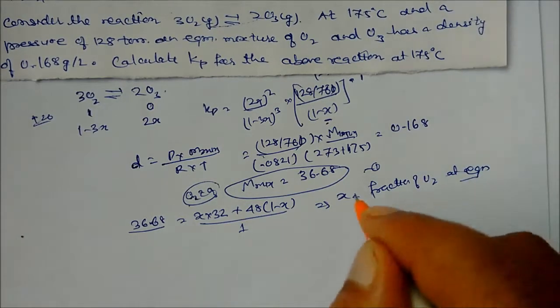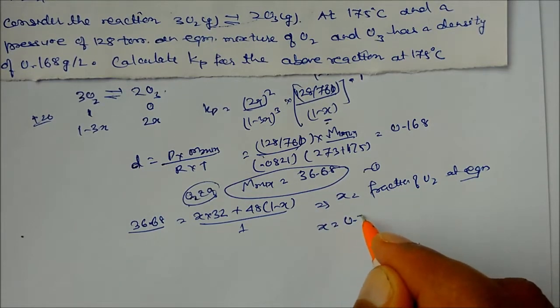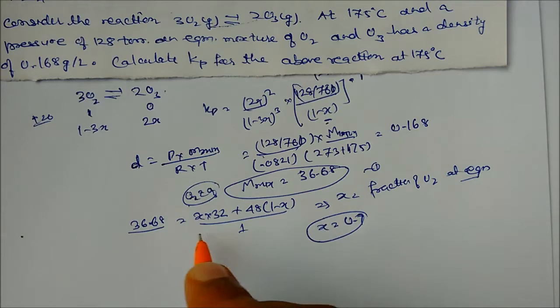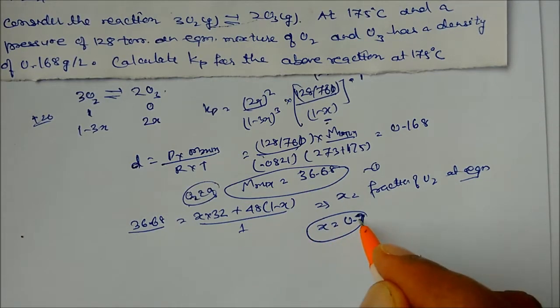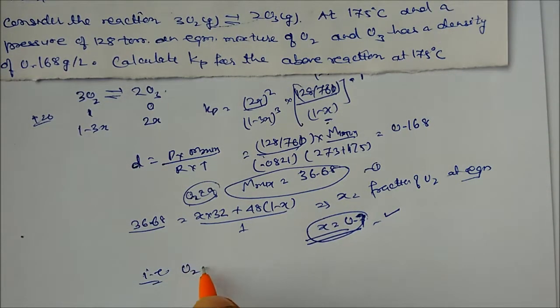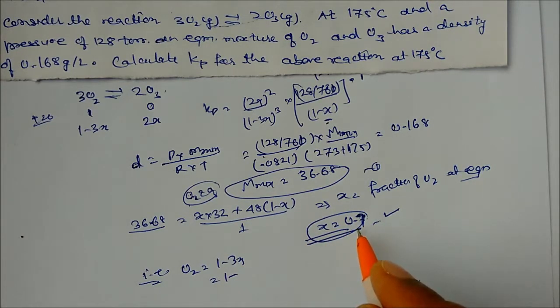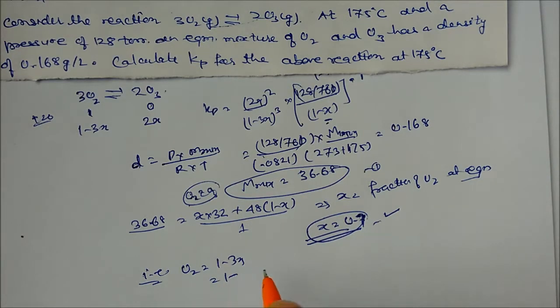So we got x over here. If you solve it, we can get the value of x is 0.7. So putting the value of x over here, x is equal to 0.7. Now we have to find how much is 1 minus 3x, the ozone. Oxygen is how much? We can see here 1 minus 3x, that is 1 minus 0.7. No, this is not 0.7. So on solving,